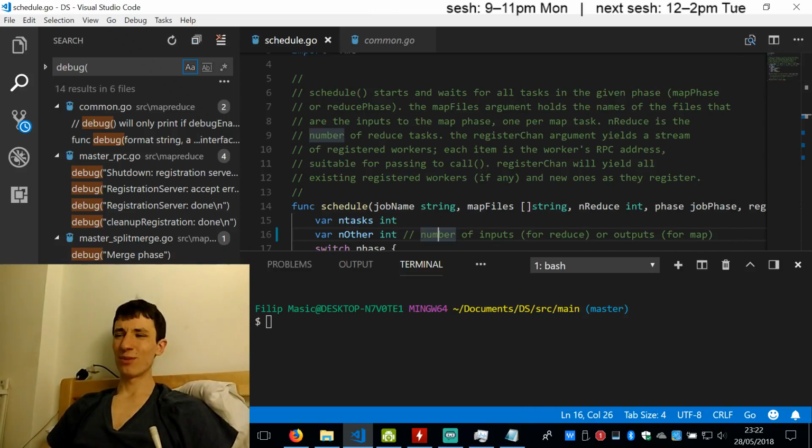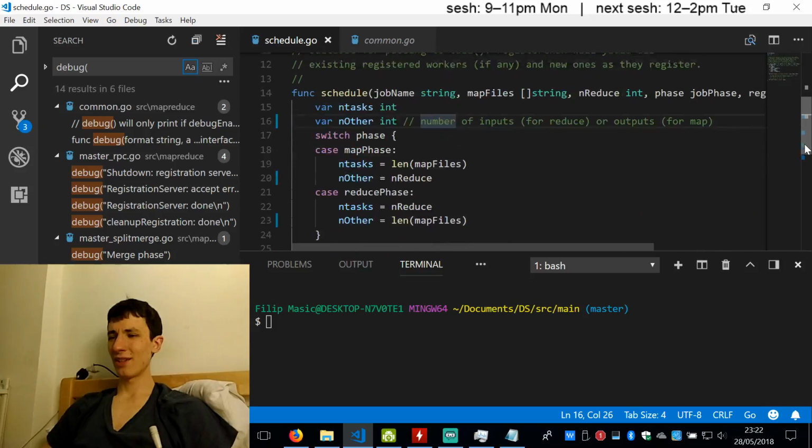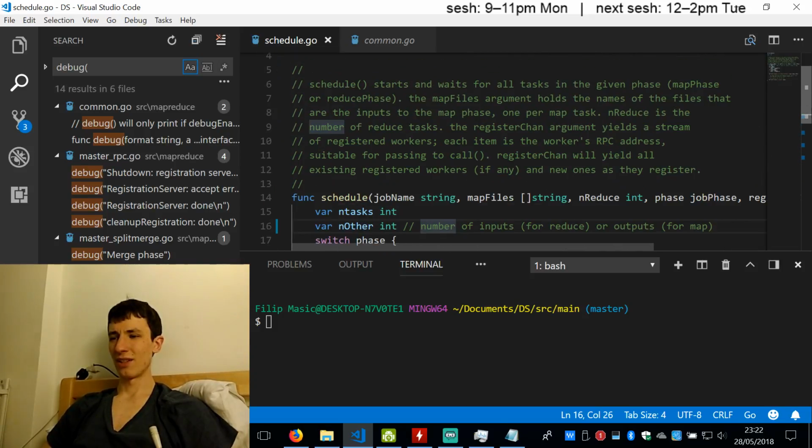Yeah, that's it. It's not like there are many details provided here. Schedule starts and waits for all tasks in the given phase to be announced or whatever, registered. Well, no, it gets called. Doesn't it get called whenever the tasks are done already? Yes, I'm not sure what it means by waits for the tasks. It just doesn't get called by